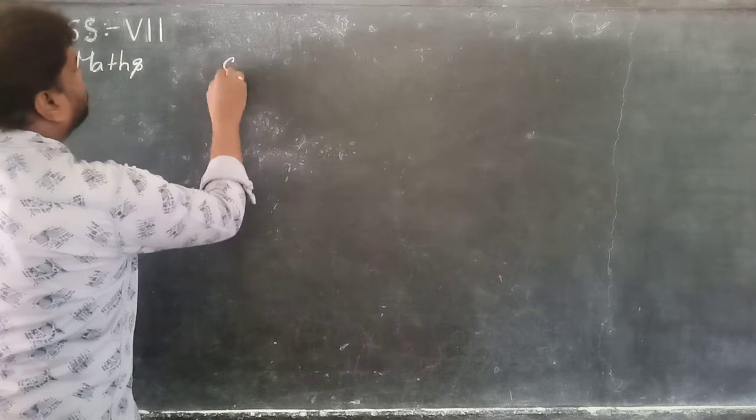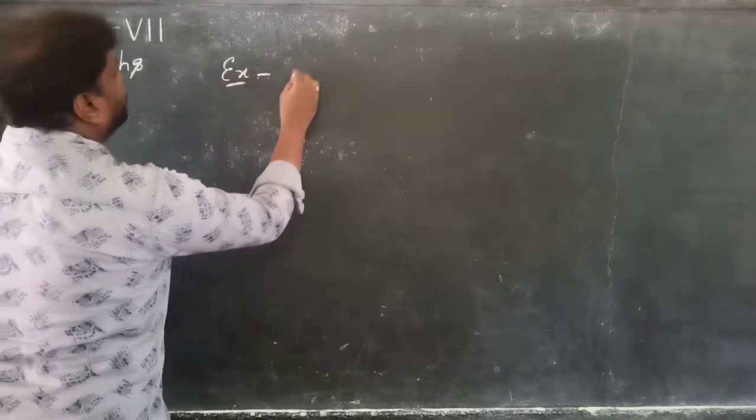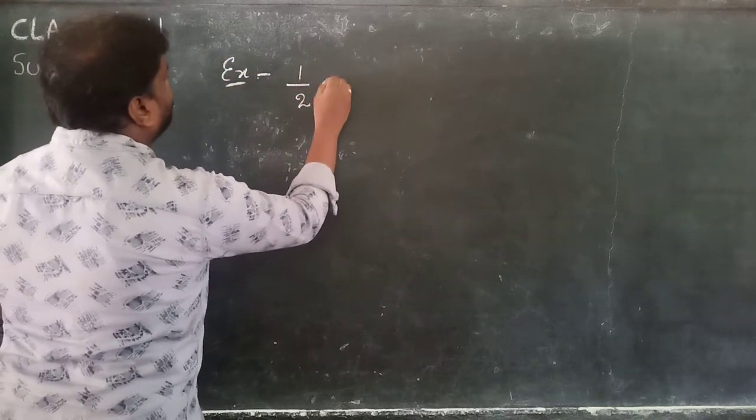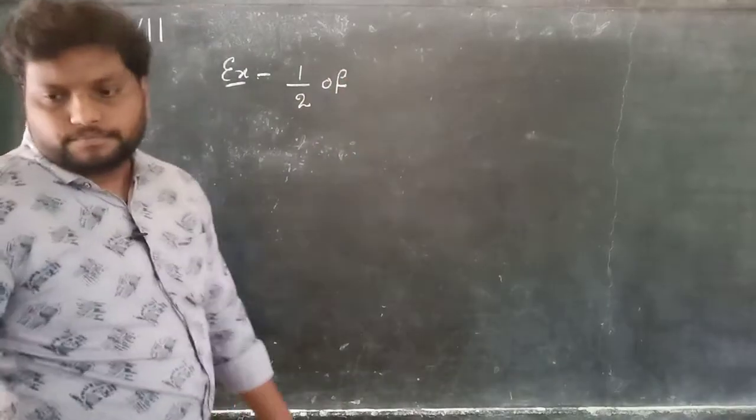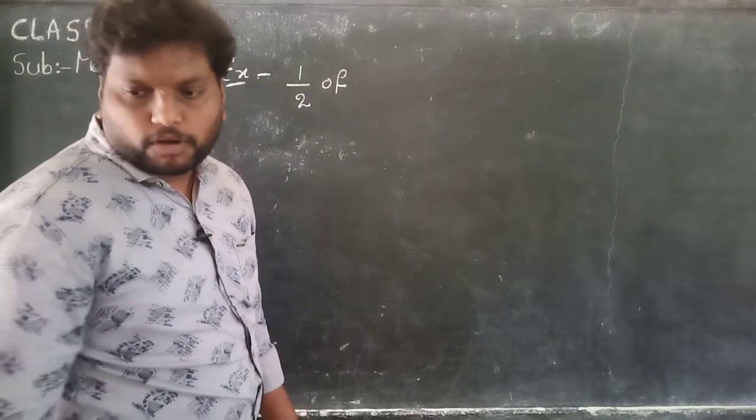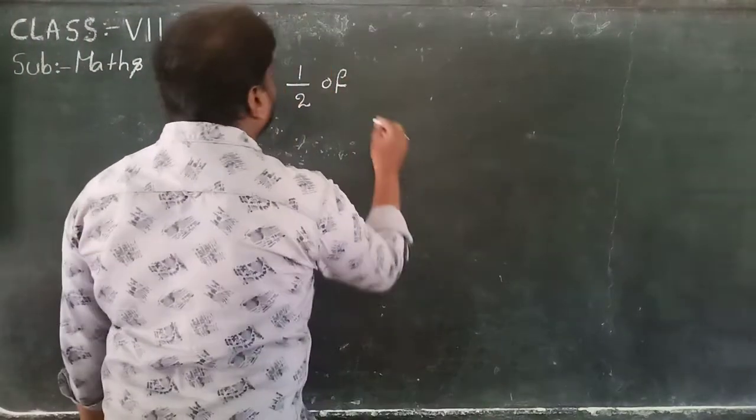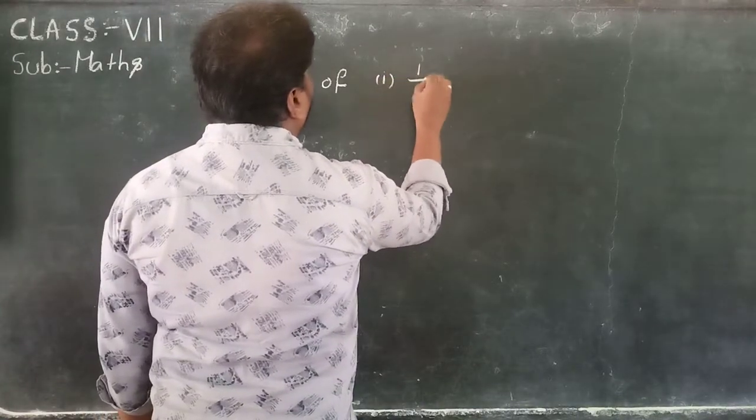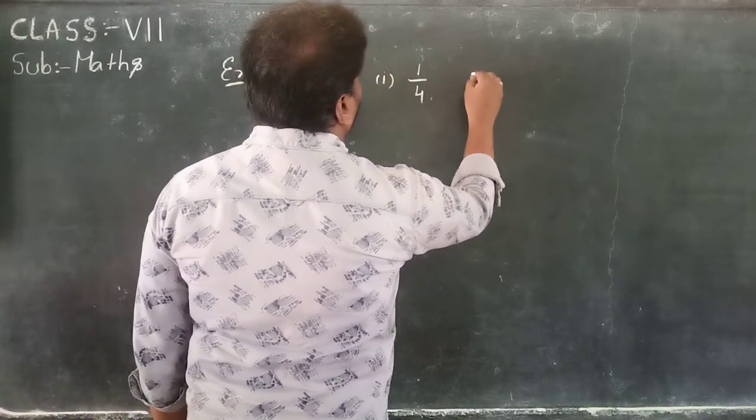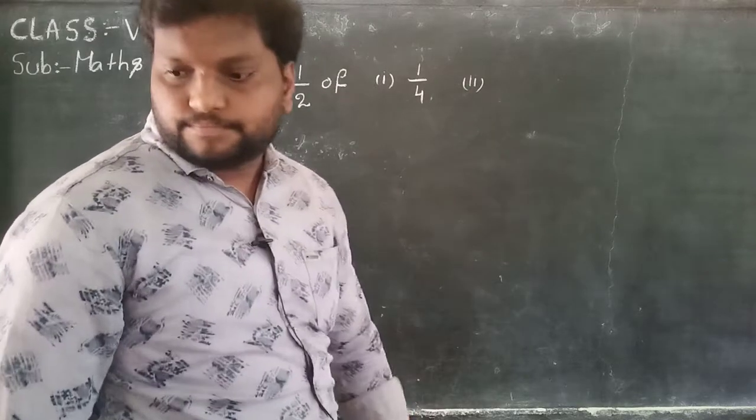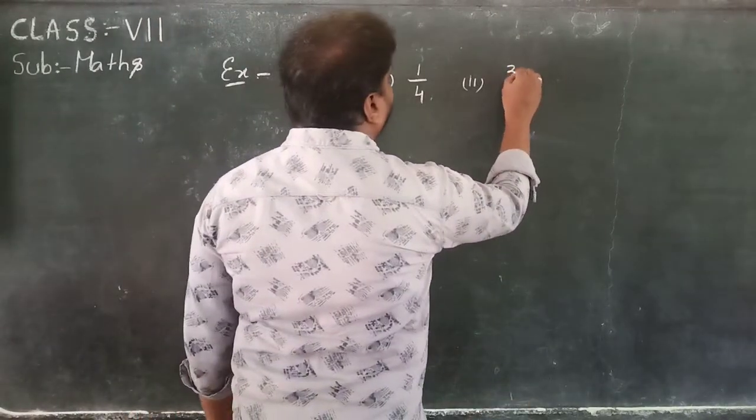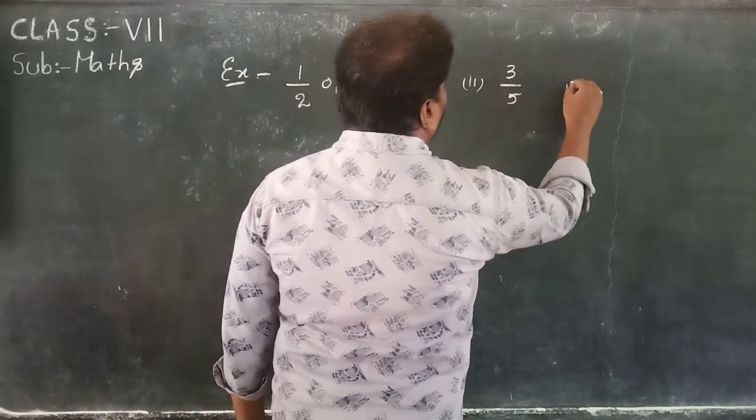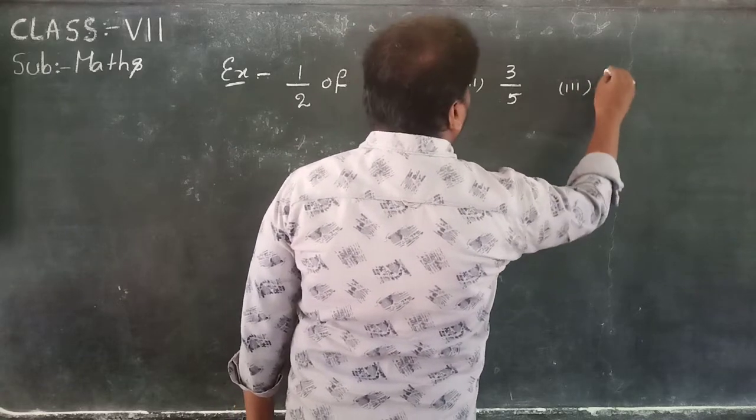On that example, 1 by 2 of, first one 1 by 4, second one 3 by 5, and third one 2 by